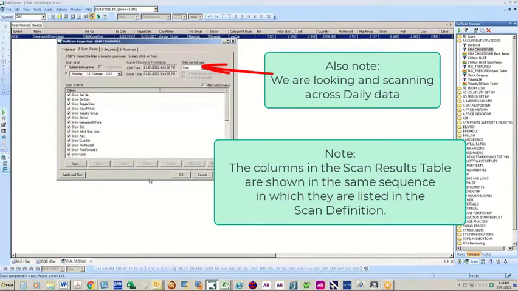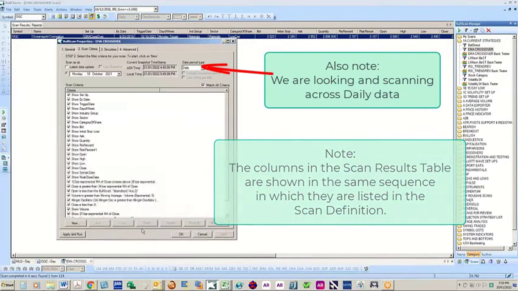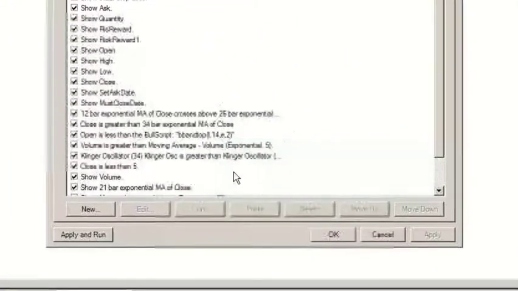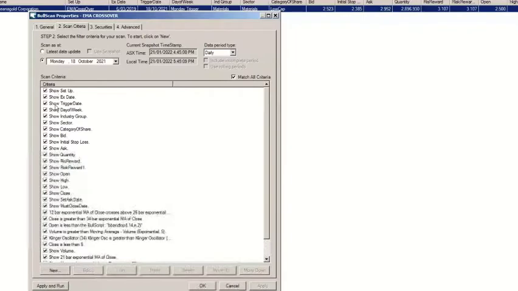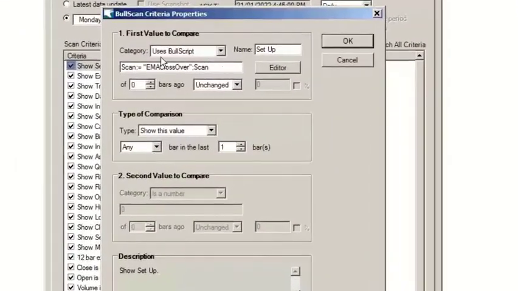Now it looks busy, and it probably is. The key criteria are actually down here that are reporting on the setups to the strategy. And these are all the elements that I want to see. So if you see show setup, when I look at that, that's actually written in a bit of BullScript.